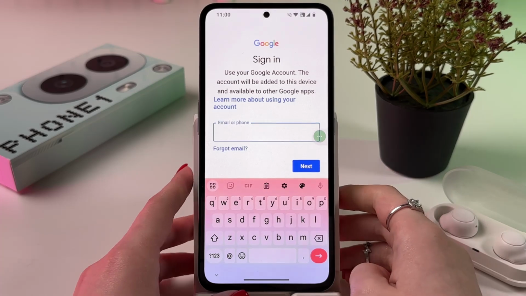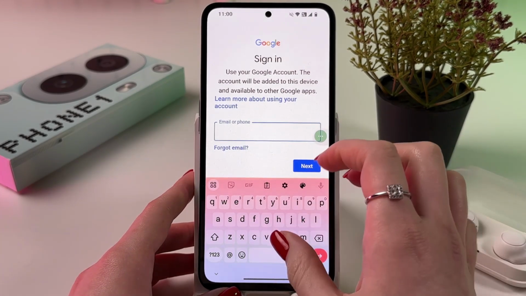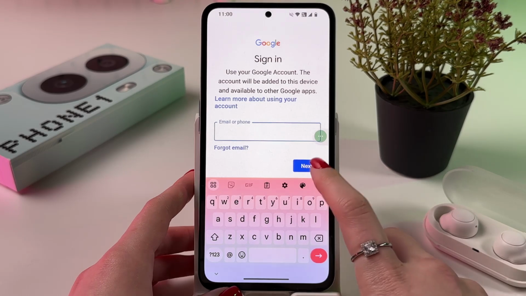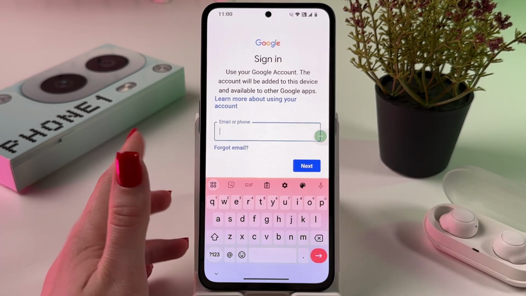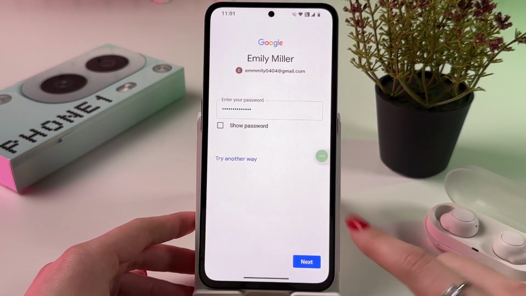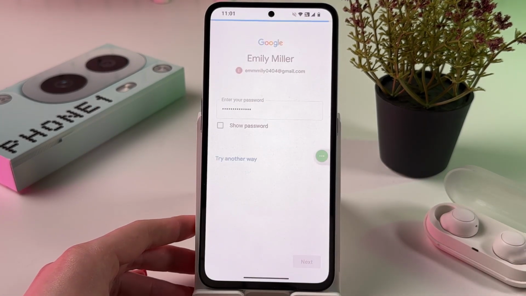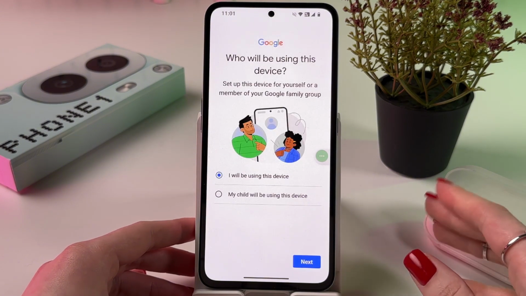And now you actually got option to sign in. So here, enter your email or phone number, then tap next and enter your password. So let me do it quickly and get back to you. So now I just entered my password. Let's tap next button. And now we should wait a couple of seconds and choose who will be using this